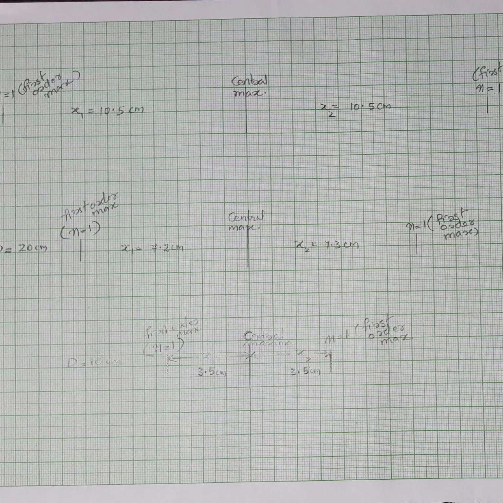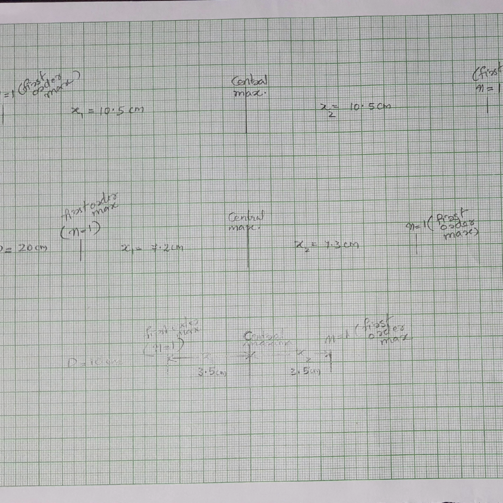So this is what you obtain on the screen. Here you can see 3 sets of spots or markings. The first one corresponds to D is equal to 10 centimeter. D is the distance between the slit or grating and the screen. So here we have made the distance D equal to 10 centimeter, the second one is for D equal to 20 centimeter, and the third one is for D equal to 30 centimeter. So in each case, you have to find the distance from the central maxima to the first order spots on either side of the central maxima.